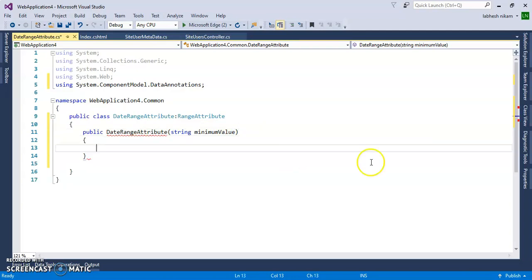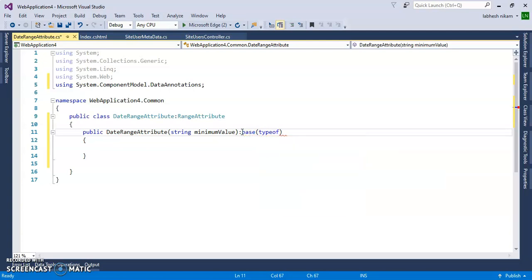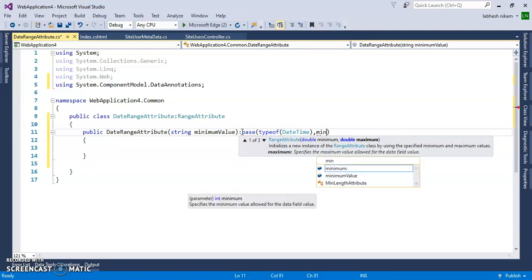Now I have passed one parameter inside of this constructor, minimumValue, and now I will inherit it from the base class. So base, and inside of that I will pass typeof(DateTime), and then what you want to pass, minimumValue.